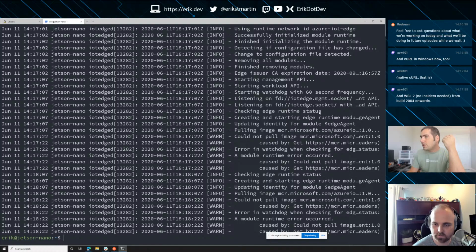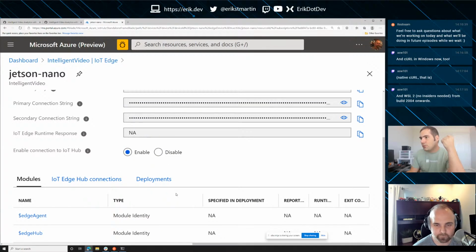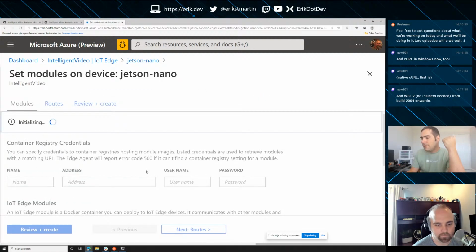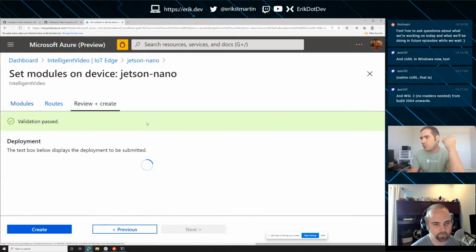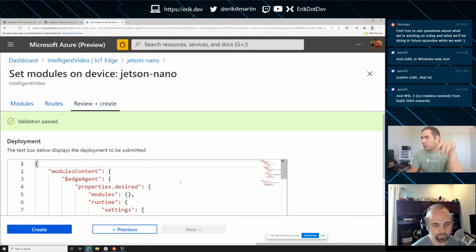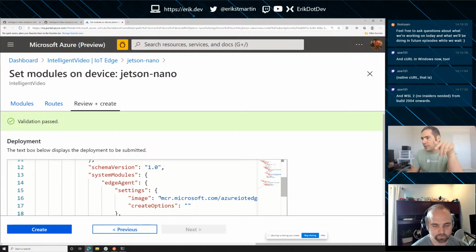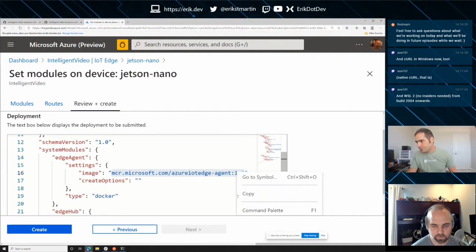Yes. So I'll show you where to obtain that. If you go back to the Azure portal where we were, you can actually see the default deployment that it's applied if you click up there on set modules at the top, and then go into review create. Skip all the way to review create. And if you look through here, you'll see a deployment that looks similar to the one we were originally looking at. There we go. And there's your image. So if you try to explicitly pull that,